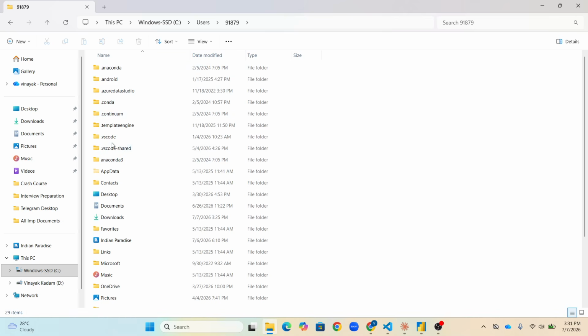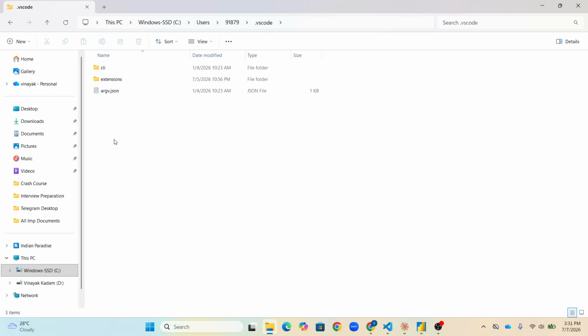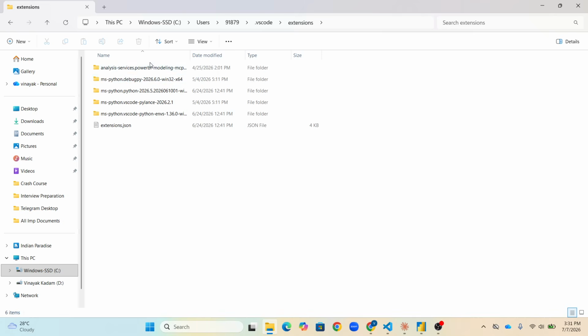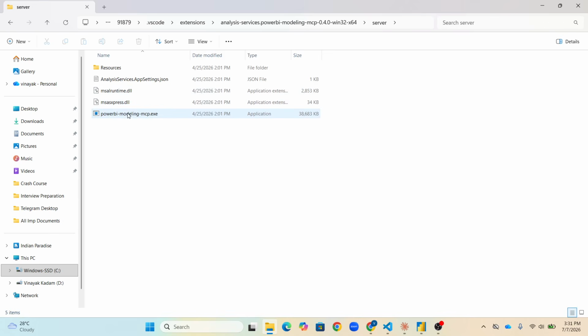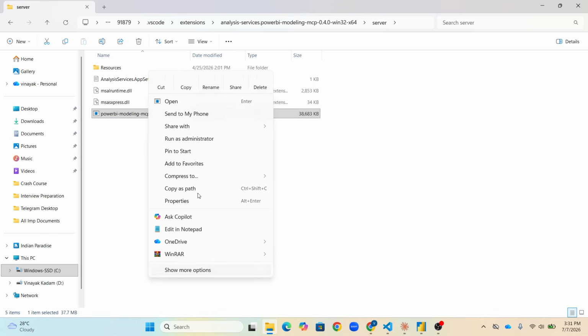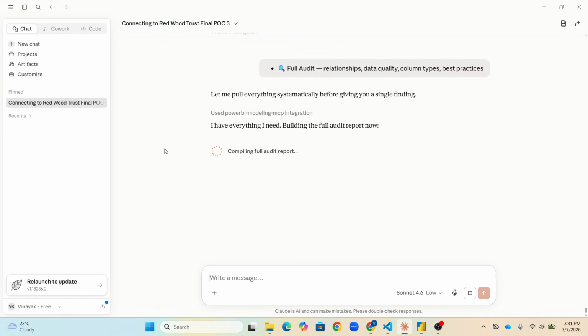After that you have to go, what I have told, VS Code extension, analysis server, and this is the most important thing. See, VS Code extension, which I was telling. From here you are going to get the path: Control, copy as path. Okay, that is going to help you. And go to this Claude. In this Claude,